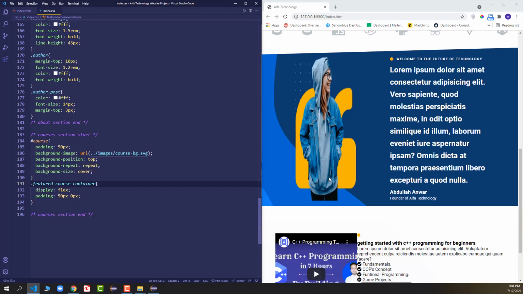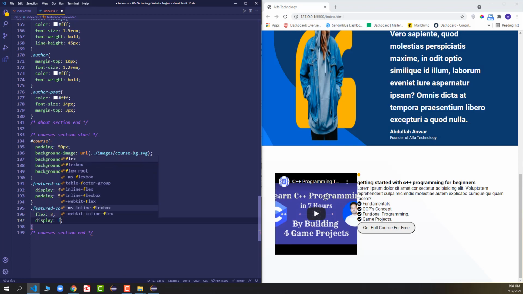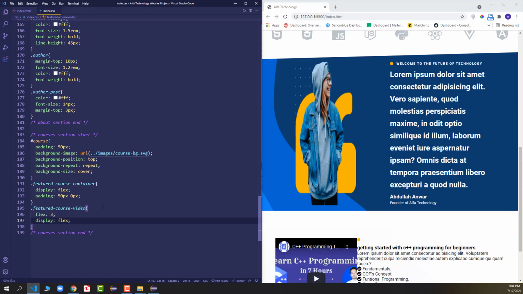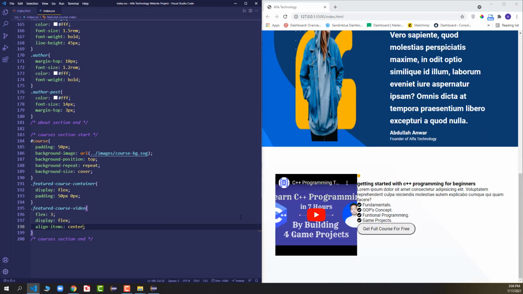Okay, now it's good. So we'll say dot featured course video. So first let's style the video, and then we'll say flex 3. So it will have 3 parts of the space. Then we'll say display flex to make it a flex box container, and then we'll say align items center to make it vertically centered.